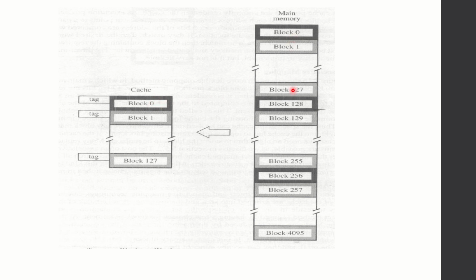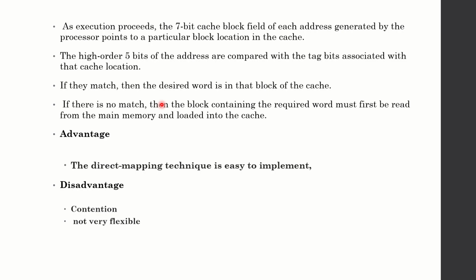So like that, if you are executing that mapping function, 32 main memory blocks can be mapped to this cache memory. That is, in block 0, the main memory block can be either block 0 or block 128 or block 256, like that. So such 32 blocks can be mapped to block 0. So that 32 value we got from this